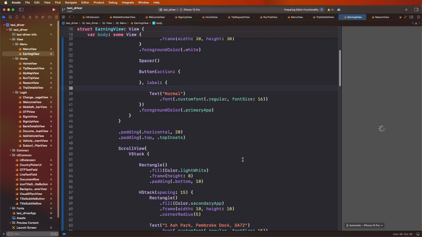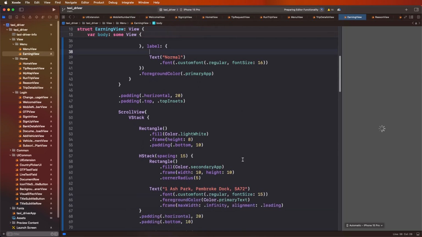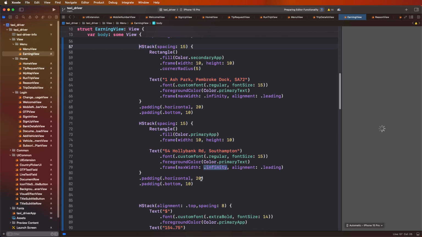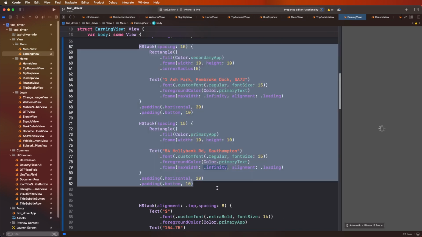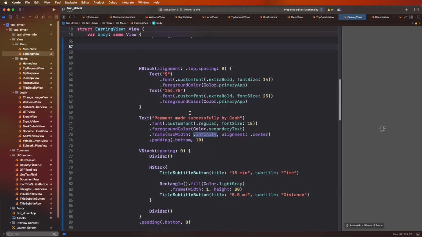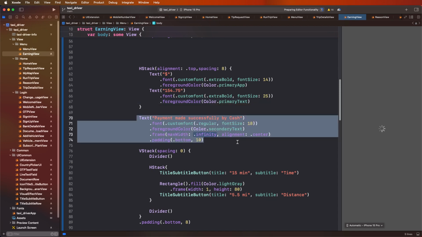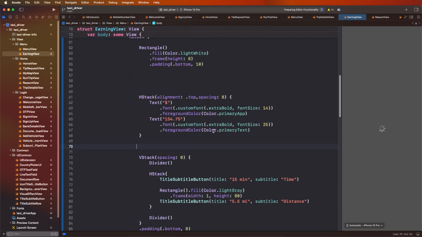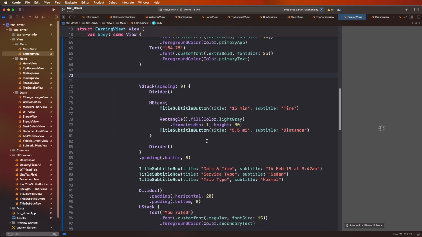Also need to remove this, no needs. Also need to set the primary text colors, like this clears, and also need to remove here the